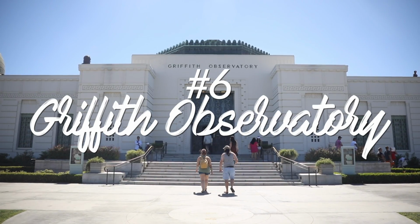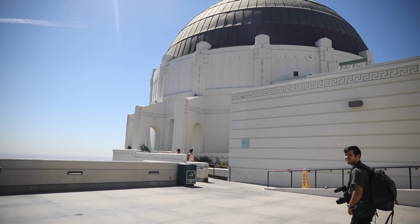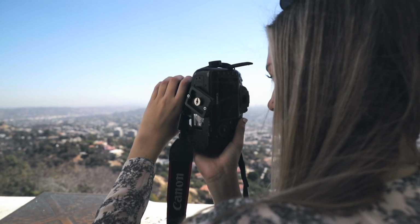Number 6, we have the Griffith Observatory. So the Griffith Observatory is actually a planetarium that was built in the 1930s. It's got these really awesome archways where you can get a shot with the archway in the whole city. It looks like something you might see in Europe. Like, it really doesn't look like other spots that you find in LA, and that's what I think is really